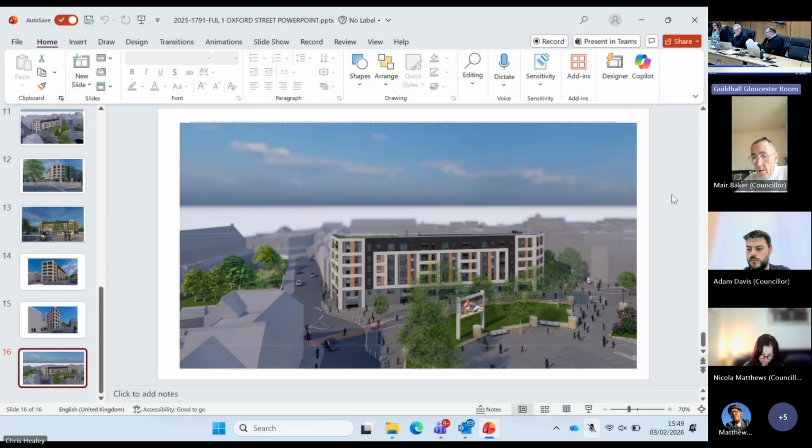I think it's 16 one-beds, 13 two-beds. As far as I'm aware, it's a private development. It's not in conjunction with an RSL, but that doesn't prohibit it actually taking place. No requirement for affordable housing per se, as it's a conversion of an existing scheme, so it's exempt from affordable housing policy. As I say, the detailed placemaking comments are outlined in the report, fully supported in terms of placemaking